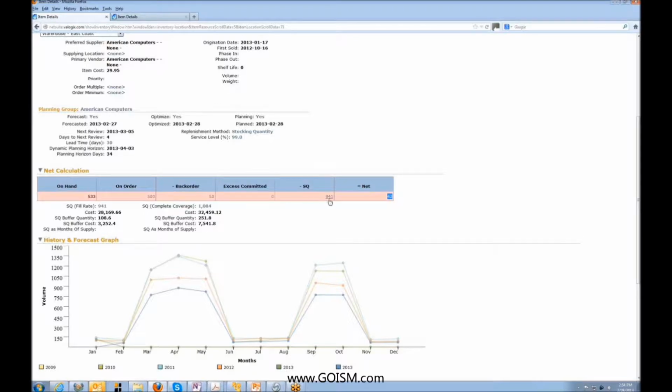And if you look here for this stocking quantity of 941, you can actually see a breakdown of that. It's actually costing $28,000 to maintain that. If you look just below that, you can see the buffer stock quantity. This requires a safety stock of 108 to be able to achieve this 99% service level. And that safety stock is costing over $3,000 alone. So this can be a very powerful tool to help you determine the optimum stock service levels and help you